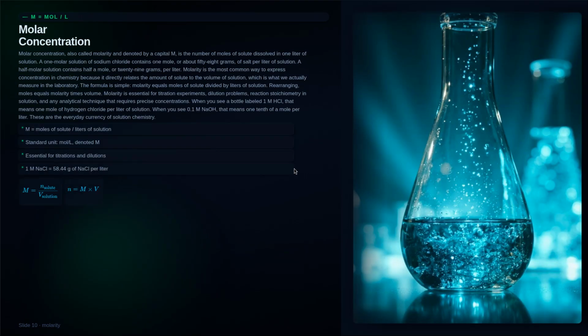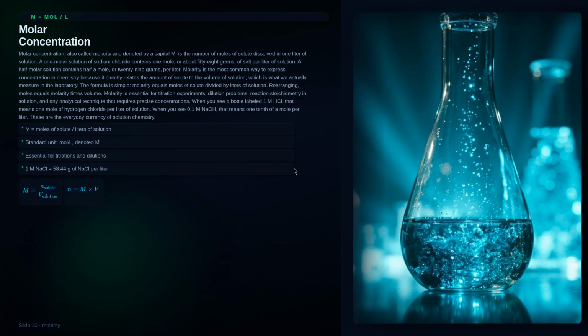Molar concentration, also called molarity, is one of the most common ways to express the strength of a solution. Molarity is defined as the number of moles of solute dissolved in 1 liter of solution. Its symbol is a capital M, and its units are moles per liter. A 1 molar solution of sodium chloride, written 1 M, contains 1 mole, or 58.44 grams, of NaCl in every liter